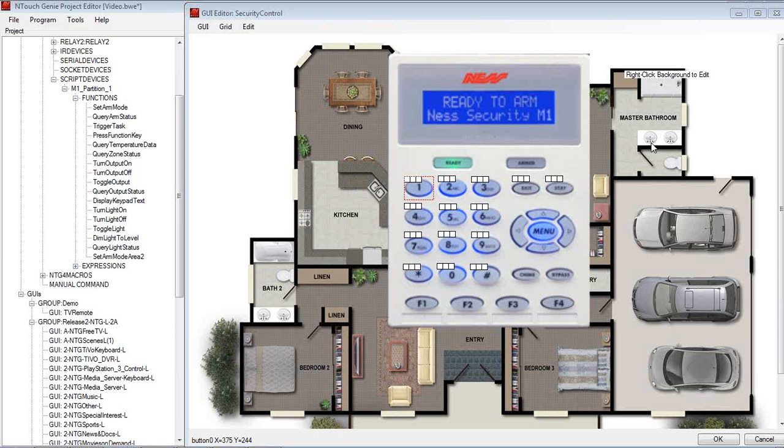So there's a few examples. Hit OK to save. There's a few examples of what we can do with putting everything together on a floor plan, some lighting. And even if I wanted to go further, not on the security page, if we go back to the floor plans,